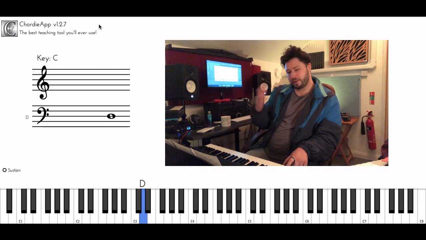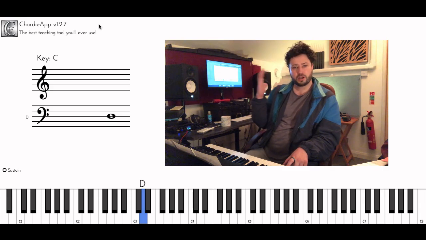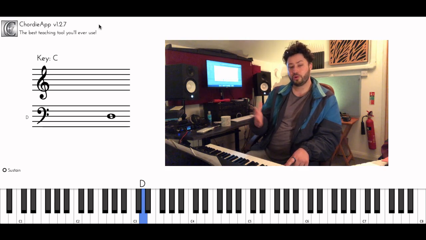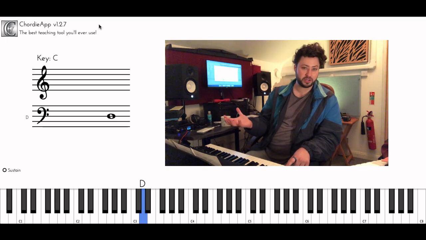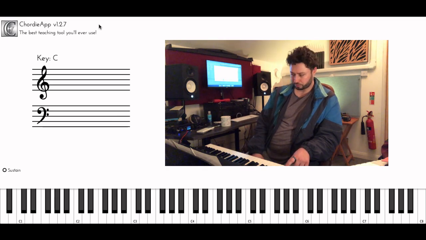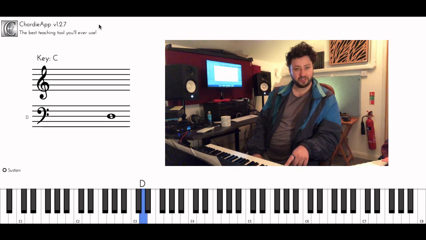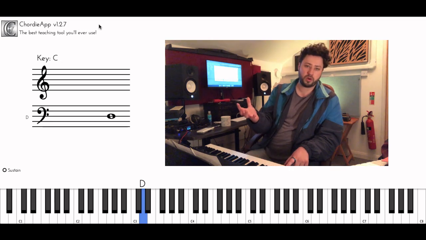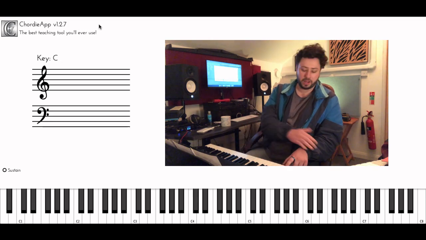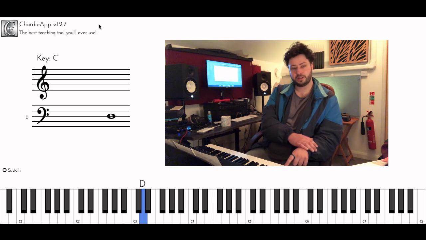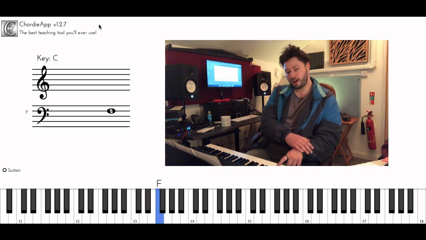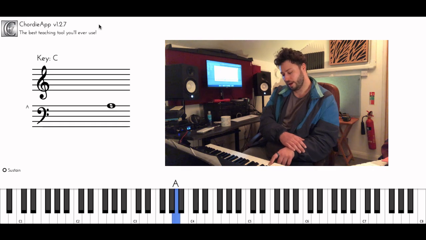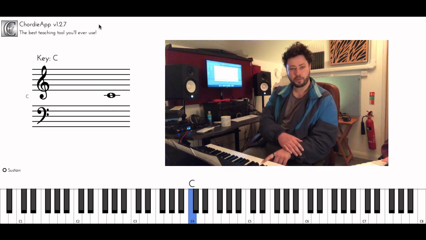And so D is vibrating at some kind of pitch, right? And then as we go to the right on the keyboard, we are increasing the pitch and hence the frequency of the note that we're hearing. So if we start with D, and naming the notes, we're just going to do the white keys today. All we do is go along the alphabet. So we've got D, E, F, G, A, B, C.